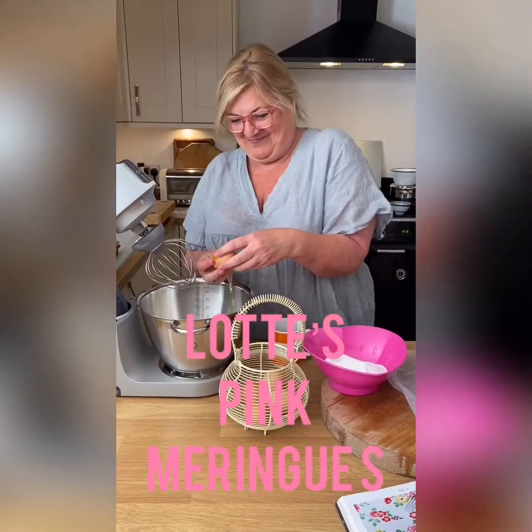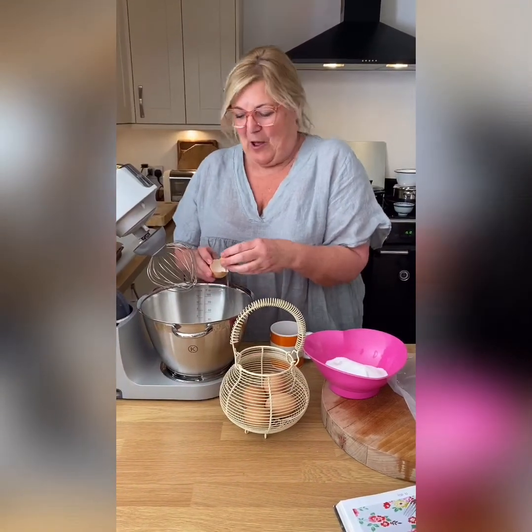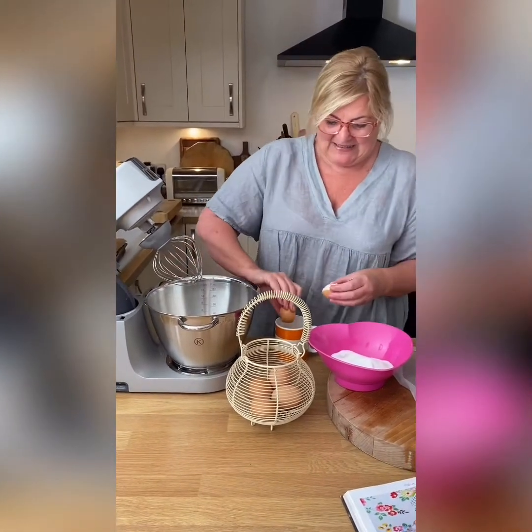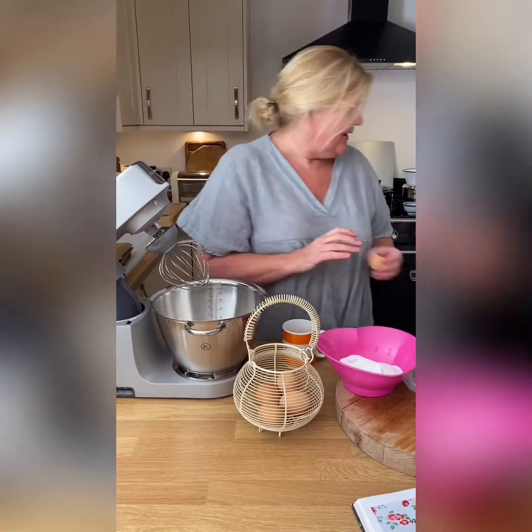Go on then, tell me what you're doing. Pink meringues. Did you say pink? Pink. Pink meringues with strawberries. And it should be clotted cream, but I don't have any clotted cream, so it is